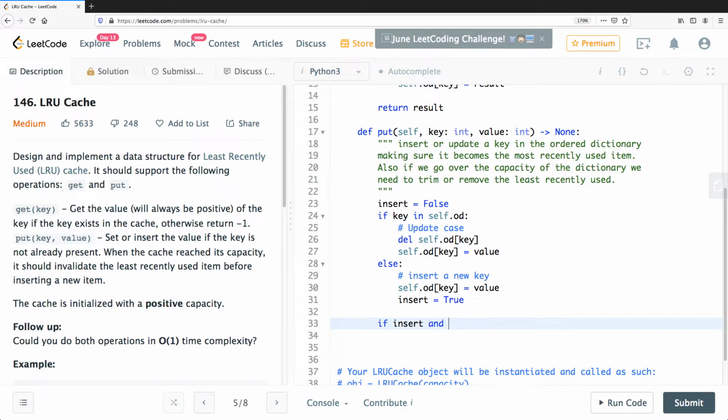If insert and, this is Python's way of using logical operators, unlike C, here you write and, and in this case we need an and, because if it is insert and the length of the OD, because we might go over the capacity, and len(self.od) is greater than self.size,